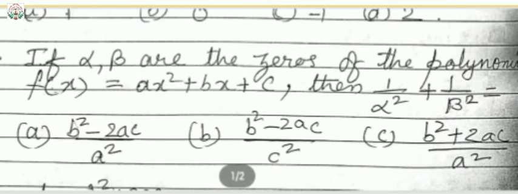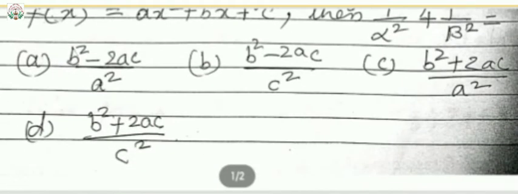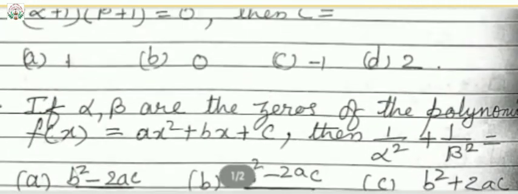Okay, so alpha plus beta value, you know, is minus b upon a. Put there minus 2. And c upon a is the value of alpha into beta. Substitute all the values and simplify, and see out of the 4 options which is the correct one you will be getting. Okay, so after that let us see the fifth question.